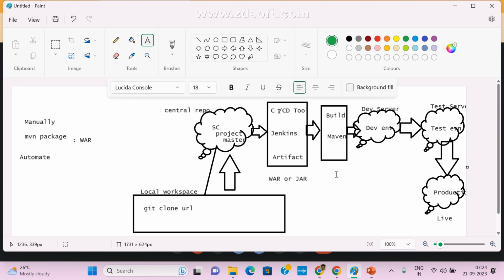I hope you got it, right? What is CI and what is CD? Clear, guys? What, Kishore? Sir, once again explain? Yes, sir. So this is your source code. Where is the source code repository for us? So these are the developers or testers or DevOps engineers, you are working parallelly on your local machines. Correct? So if you push any new changes to the repository,